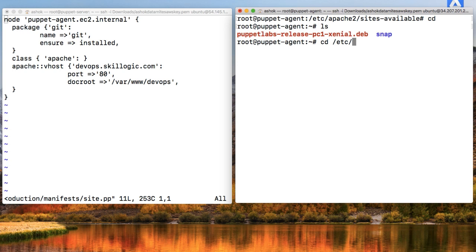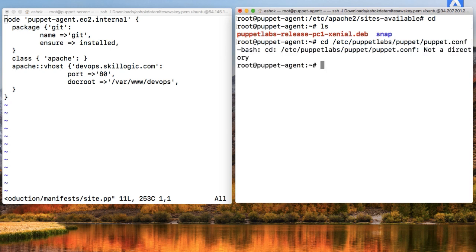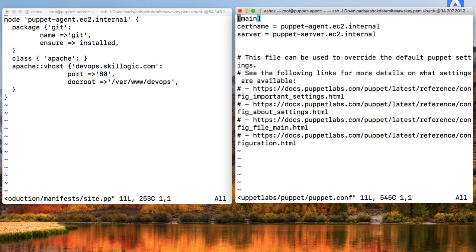It's in Puppet Labs, Puppet, and then puppet config, if I'm not wrong. So config, no, it's not cd. I have to edit it. vi. Yeah, this is the file in which you can also mention certain things. So I could also mention the environment. The default one is, of course, your